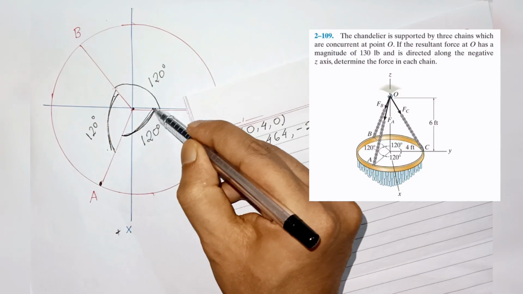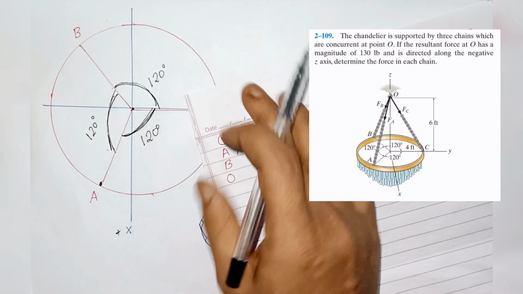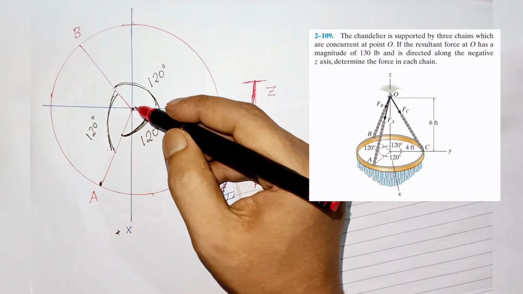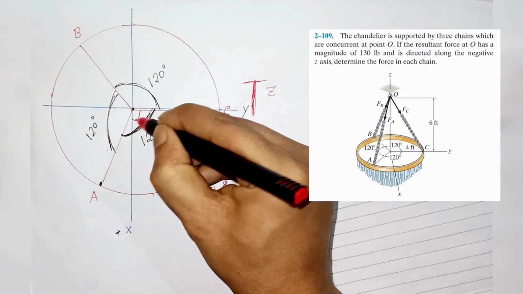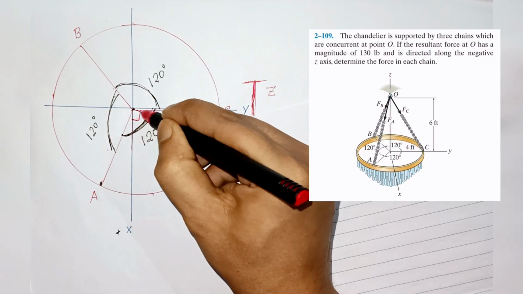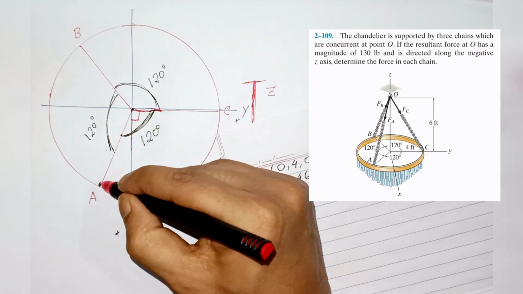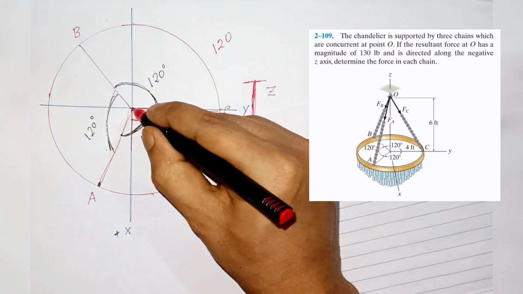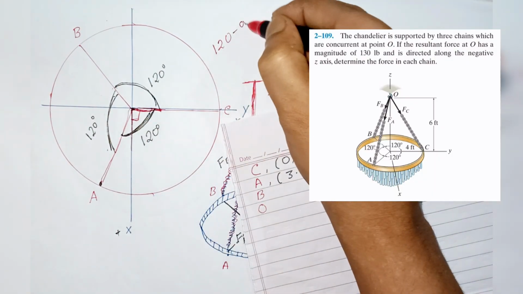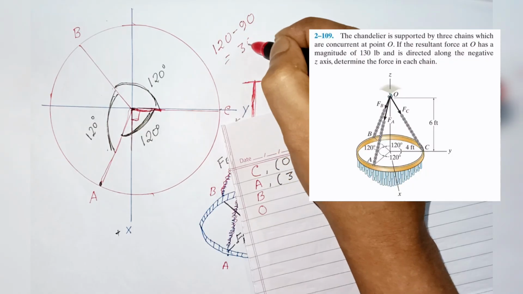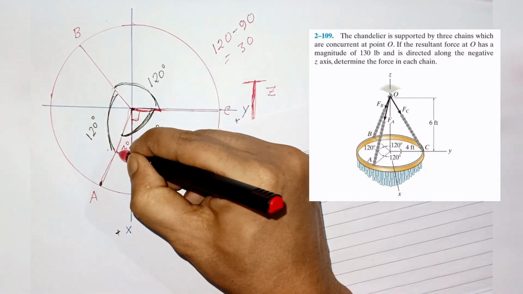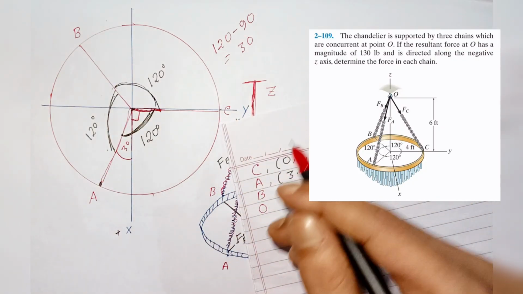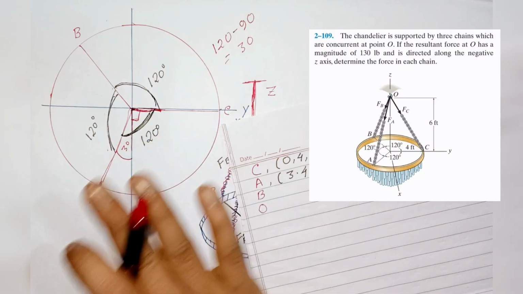Here the angle is 120 degrees, because the question says so, not me. This full angle, the black section, is 120 degrees. But the angle between the x-axis and y-axis is perpendicular, that means this section is 90, and the total is 120. If we subtract 90 from 120, that gives 30 degrees, so the small angle is 30 degrees. From the center of the circle to A, the line and the x-axis make an angle of 30 degrees.